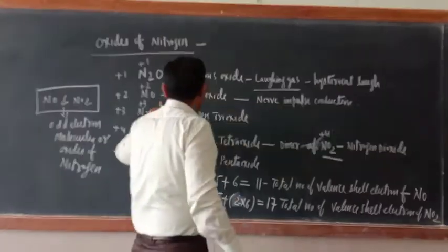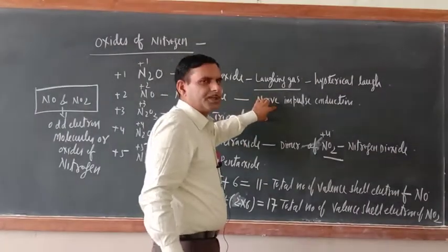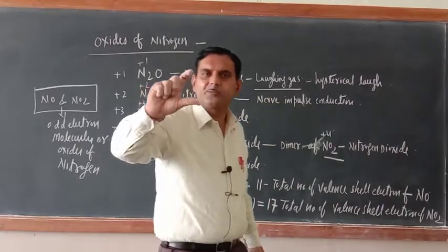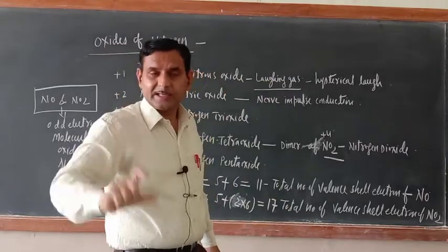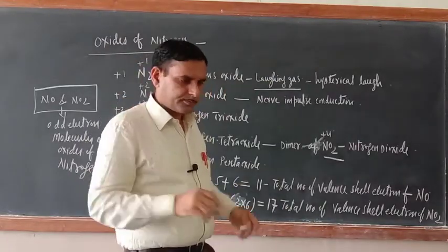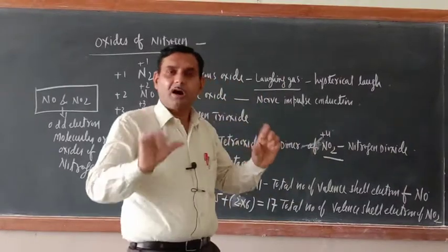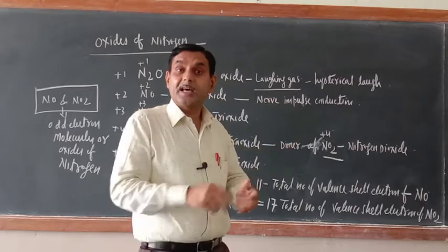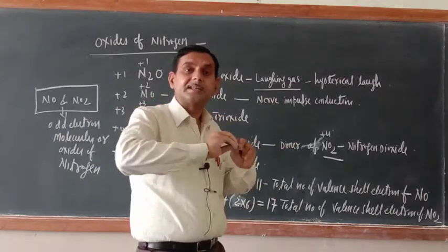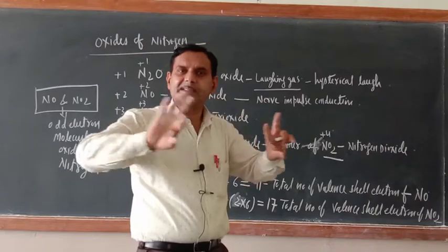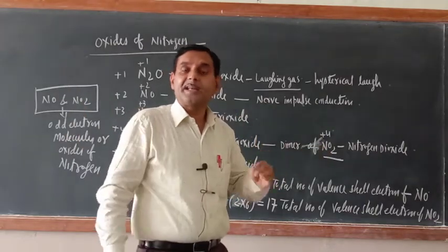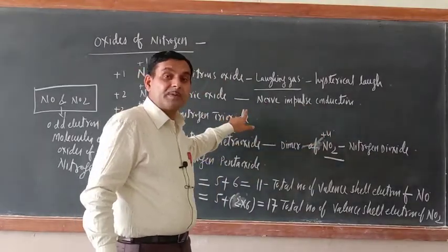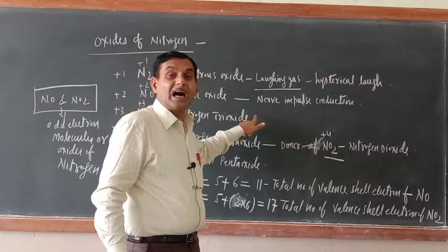Okay, so NO is also very important. It is used in nerve impulse conduction. Vasodilator, this word you might have heard, vasodilator. Those who have blockage in the arteries, such type of medicine is given so that their arteries dilate a little bit. Dilate means expand a little bit. So when they are expanding, the flow of blood becomes smooth. That is why the tablet must contain NO, nitric oxide.